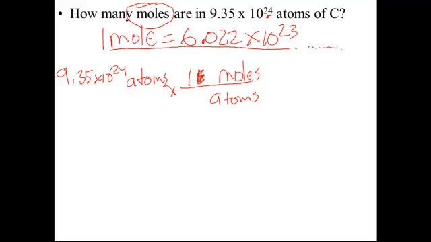1 mole on top, and on the bottom, I don't really have enough room here, 6.02 times 10 to the 23rd atoms. So now our atoms over atoms are going to cancel. So all we have left is moles. So when we do the math on this step, we're going to go 9.35, and then remember, hit the second EE or the EXP button, 24, divided by 6.02,